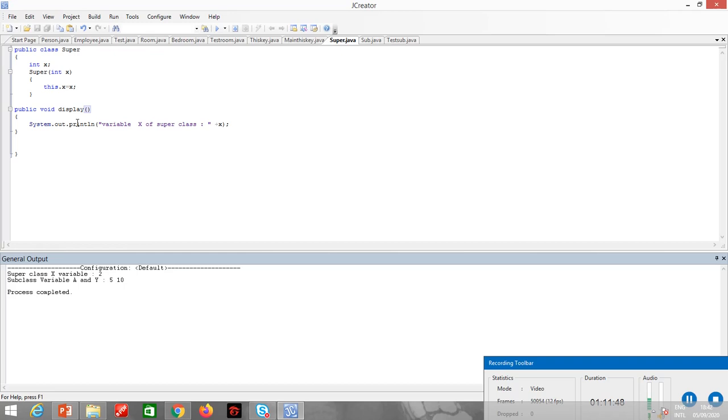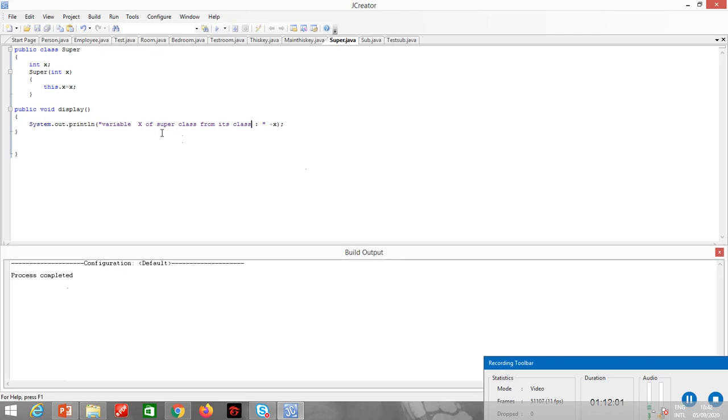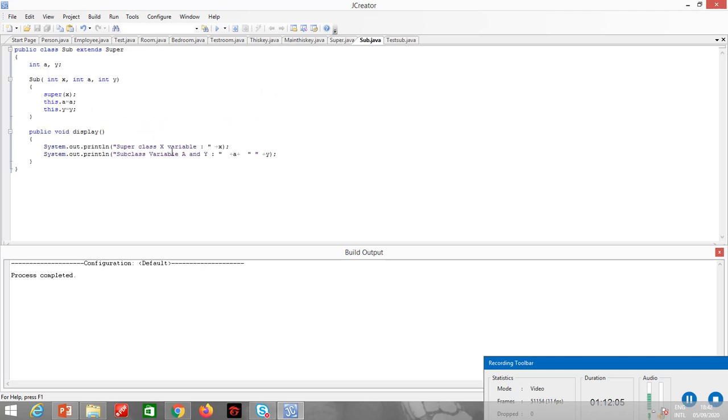Now what if I want to display it from its class? When I write over here super.display, it will display the value of the variable of the superclass 2 times now.